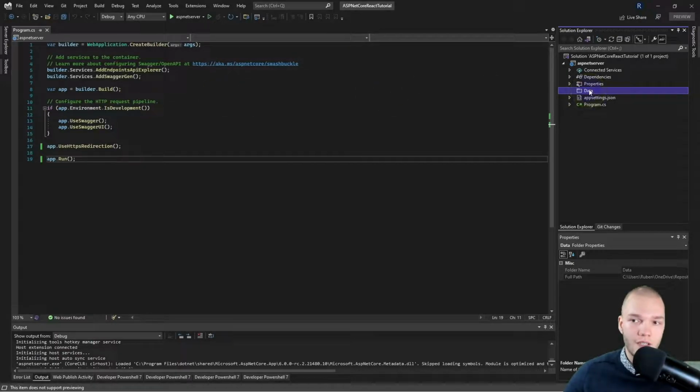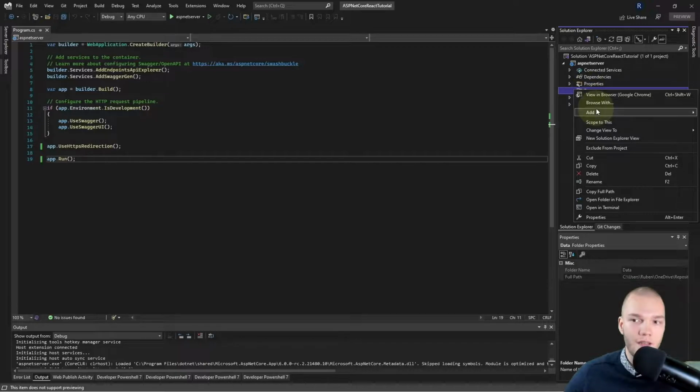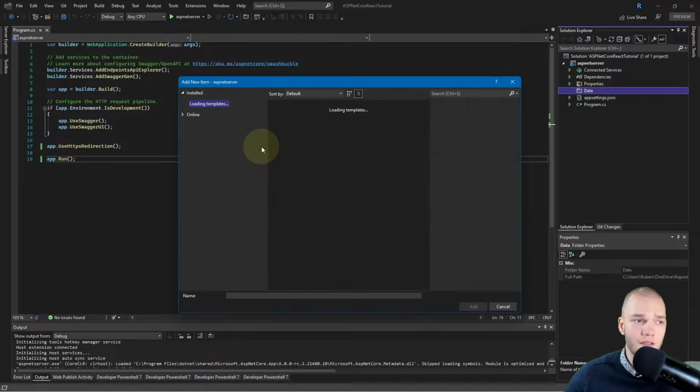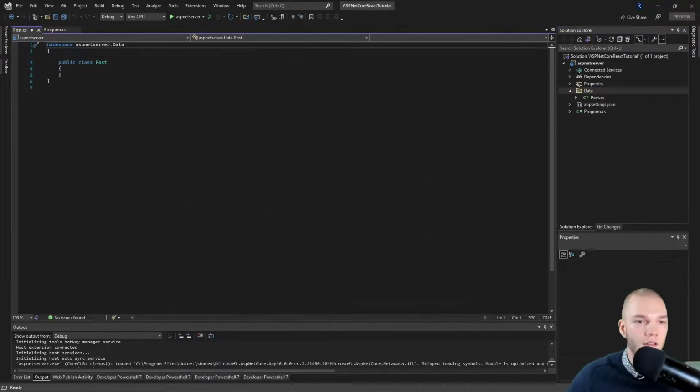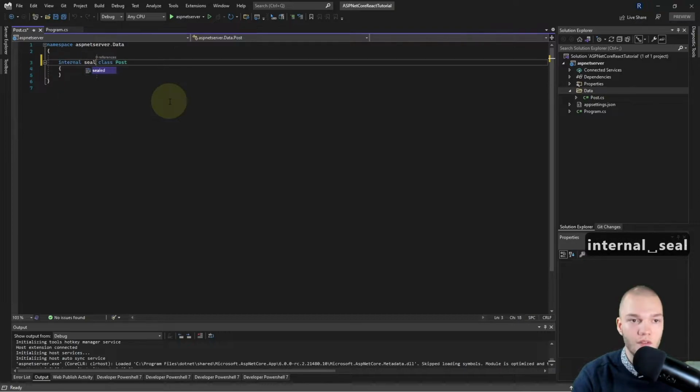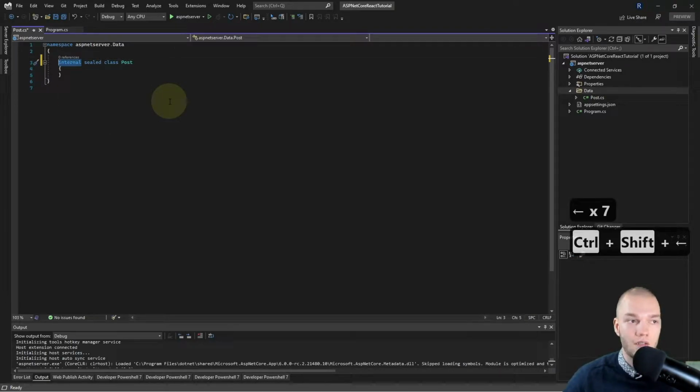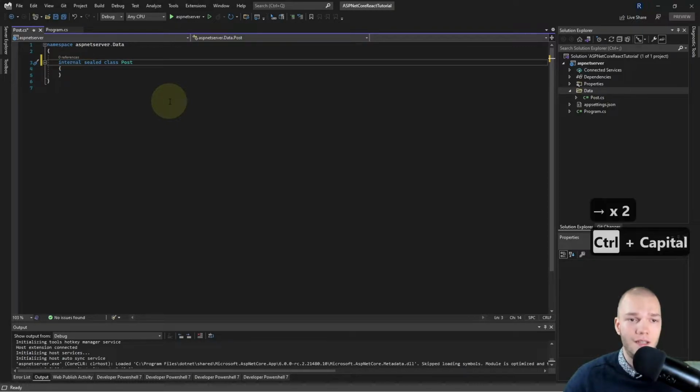So I'll just right click this folder and add a new class, and I'm gonna name it post, hit enter, and I'll just change the class to be internal sealed. Internal meaning it's only available in this project, and sealed meaning it can't be inherited from.